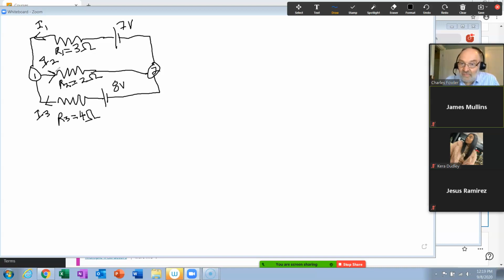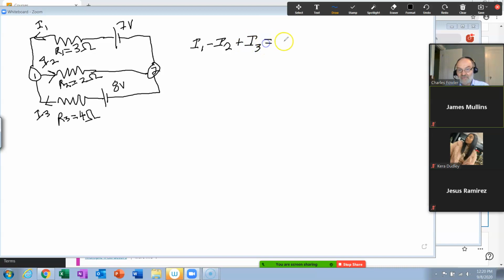Okay, so what we're ready to do now is Kirchhoff's laws. His two junction laws tell us this: I1 minus I2 plus I3 has to equal 0, because the sum of the currents coming or going from a junction has to equal 0. So let's state that again. I1 minus I2, because that's going out, plus I3